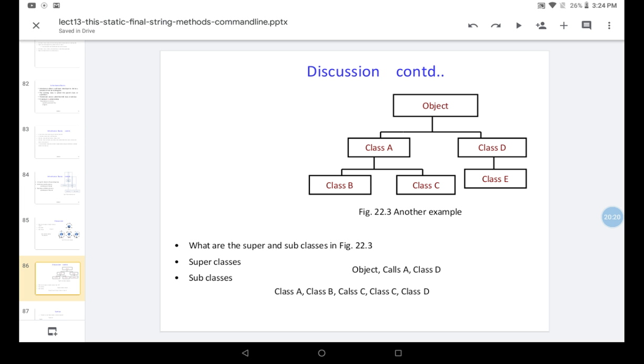What are the subclasses here? Class A, class B, class C, class D, class E are all subclasses. Those subclasses become parent classes again. The parent classes here are Object, class A, and class D.